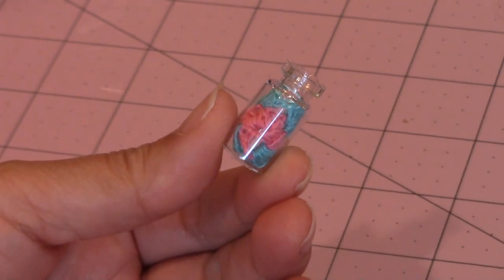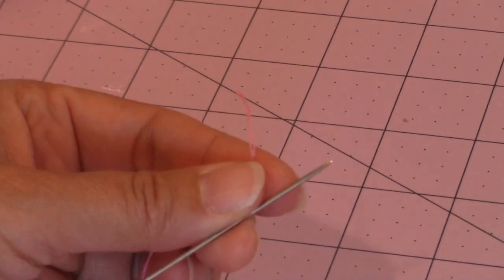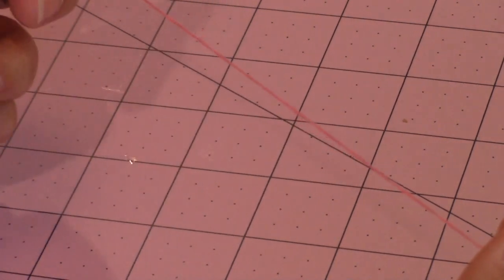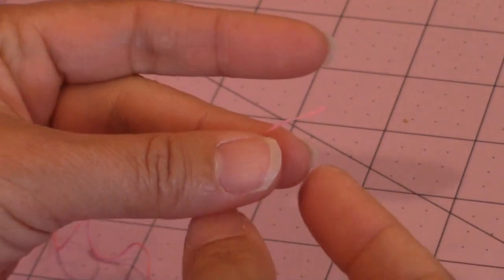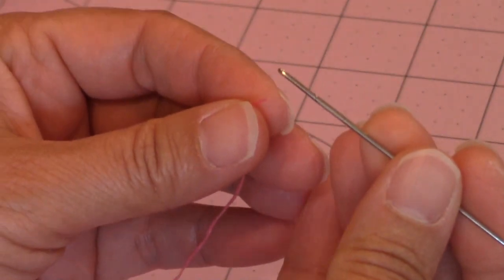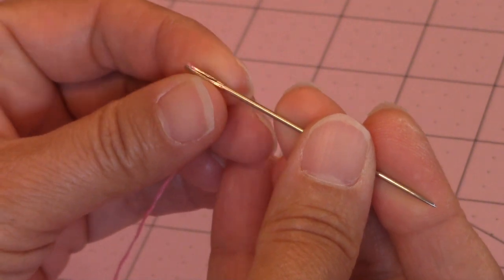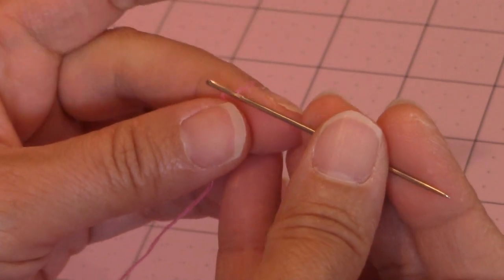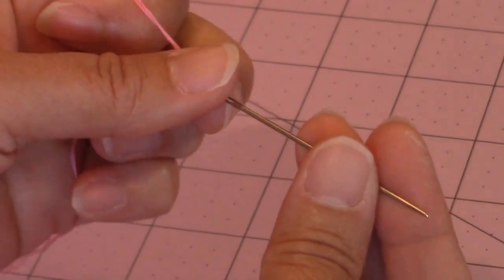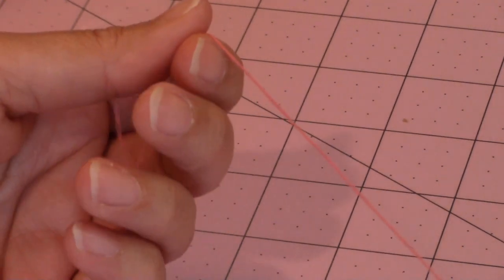Then I make one of the yarn balls. So I'm going to show you how I did that. So this is the rest of that embroidery floss left over from where I crocheted the middle of the granny square. I'm just going to put it onto my slender tapestry needle. So this is the one with the slender eye. Then you're going to take the opposite side